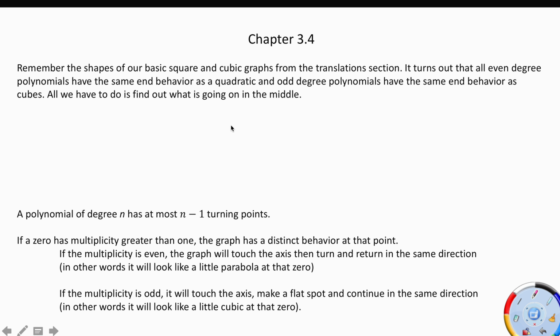Chapter 3.4, Graphing Polynomial Functions. Okay, remember the shapes of our basic square and cubic graphs from the translation sections? Right, all of our quadratic functions graph made a parabola, and all of our cubic functions